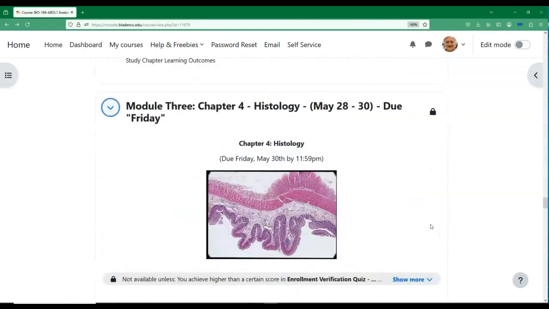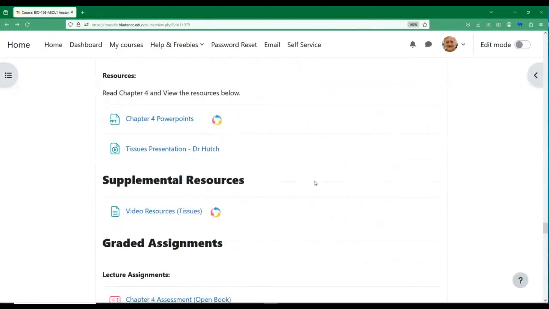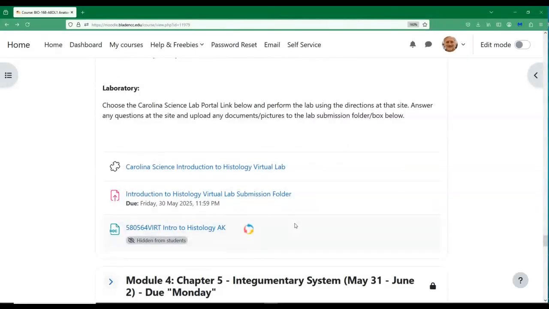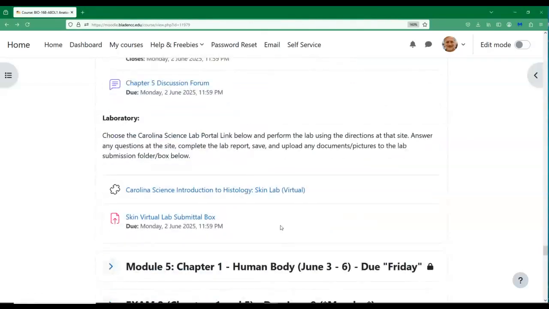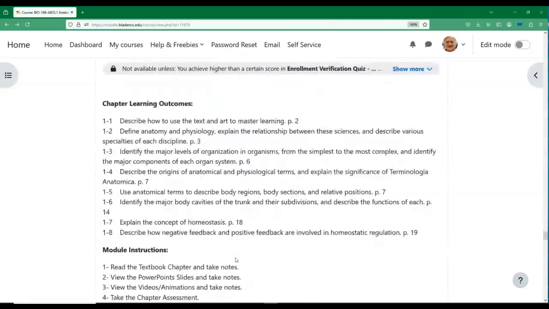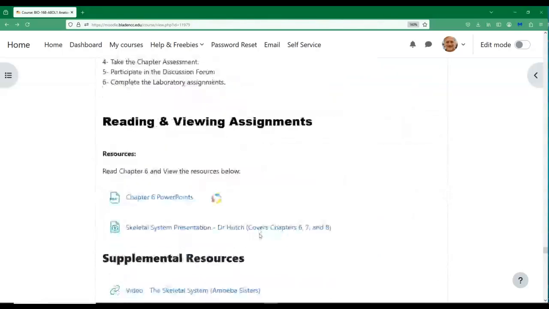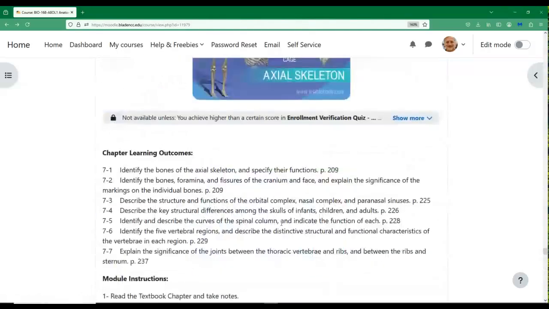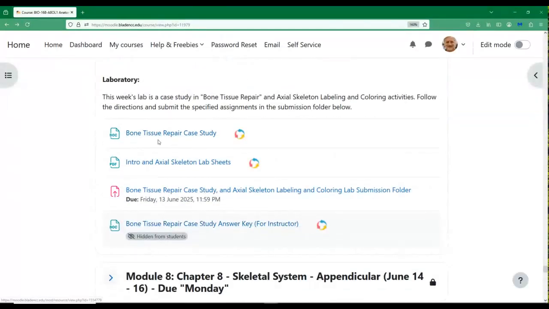Okay, again, Module 3, set up very similarly. Learning objectives, module instructions, readings and PowerPoints, supplemental resources, graded assignments, including assessment, discussion forum, and laboratory. Now, sometimes the laboratories do not use the kit. So let's see, where's a good one? Try to find one that doesn't use the kit. Sorry, all these intro ones look like they are using the kit, but here we go. Okay, so sometimes I'll provide a document to you or a PDF,